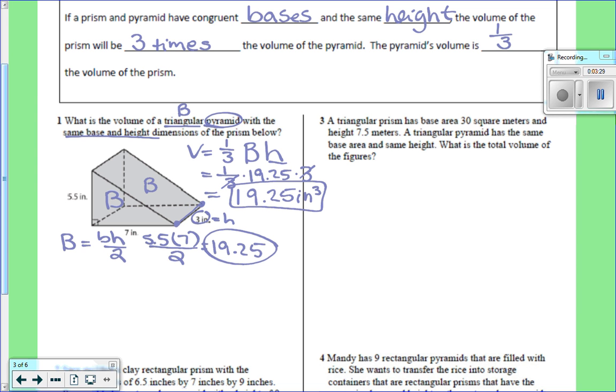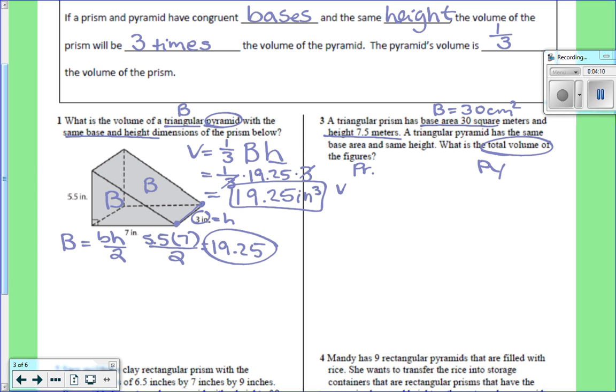Awesome. All right, number 3. Numbers 2, 3, and 4 actually don't have pictures, so a strategy might be to just draw the picture and label it so you can see it. Let's try to do that. We have a triangular prism that has a base area of 30 square meters and a height of 7.5 meters. A triangular pyramid has the same base area and same height. What is the total volume of the figures? Okay, so we have prism